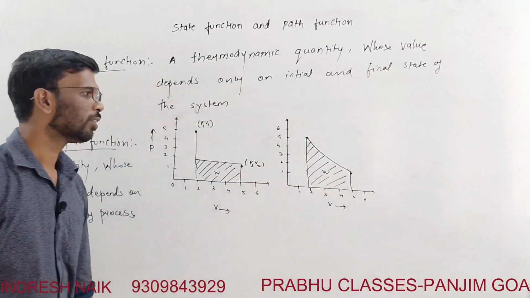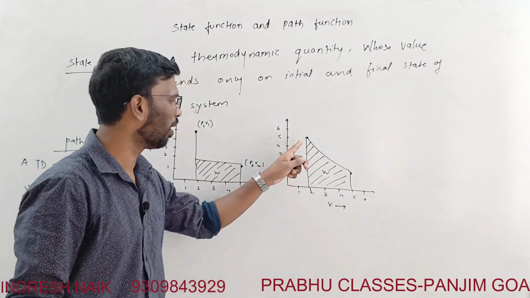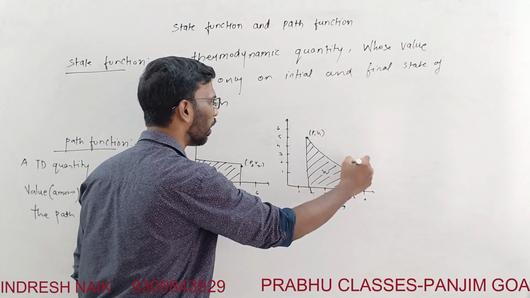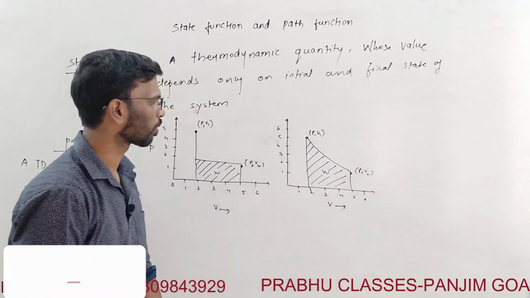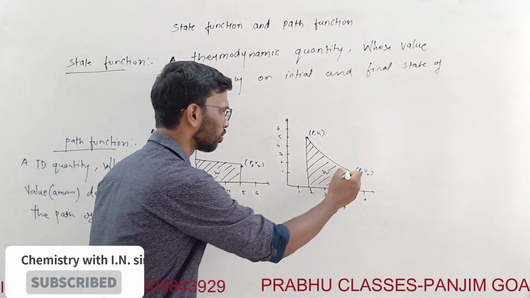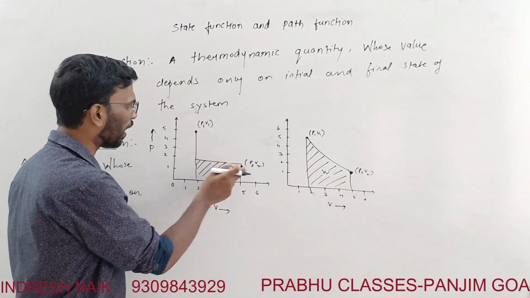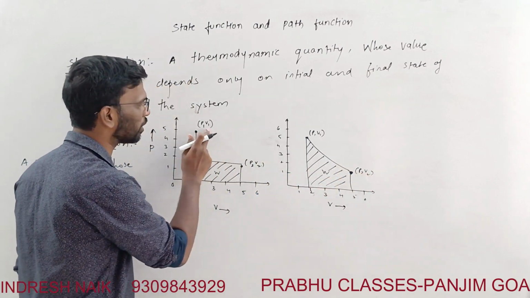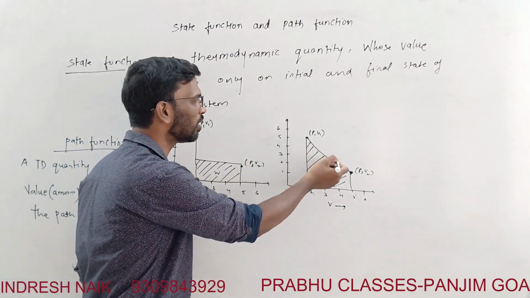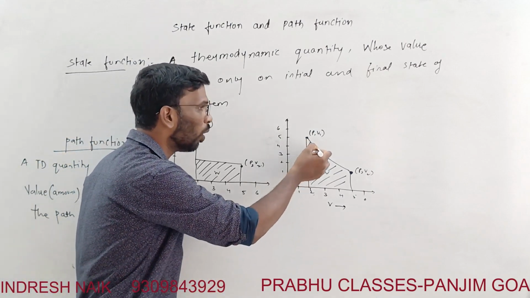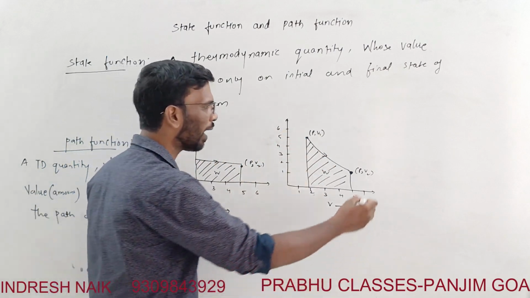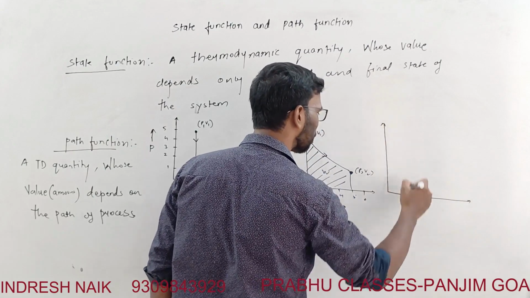So what is this? This is done in several steps, a large infinite number of steps, right? So here pressure P1 V1 and P2 V2, right? So pressure and volume over here also, the value of the pressure and volume is the same as this. Here also pressure and volume are the same in both. But work done in both the cases is different because this is done in several steps. So work done is dependent on the path. How you take the path? You take this path or you take this path,